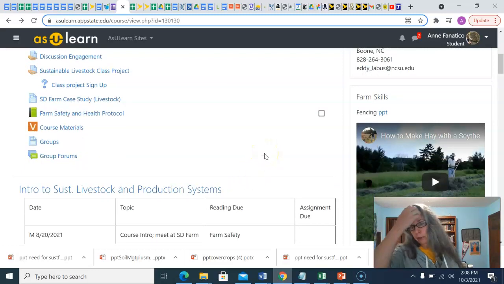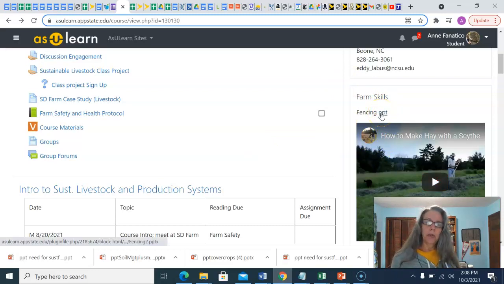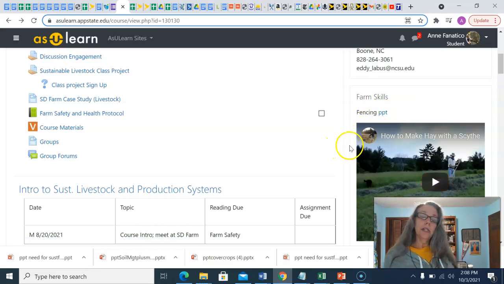You also do need to know some of the farm skills that we've been learning at the SD farm. Here's an example of a fencing PowerPoint. This has not yet been assigned. It's just been more learning while we're in the field. But you do need to know about fencing, that when you're using electric fencing, for example, you need a ground, so the current passes through the animal that's standing on the ground. If you click on this PowerPoint, there's definitely more information about how to hook a charger up to the fence wire and then also to the ground rod. Again, you need to know